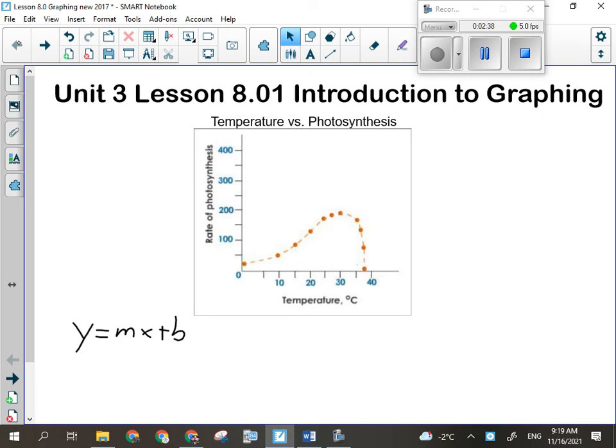All right, what else needs to be on the graph? A title. Question? Yeah. Yes, okay, so we got to have a title. Okay, a graph needs a title. If I don't put a title on a graph, even if the axes are labeled, it's a lot more difficult for me to figure out what's going on here. Okay,